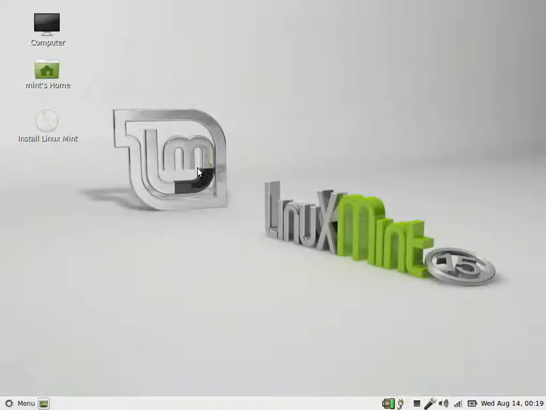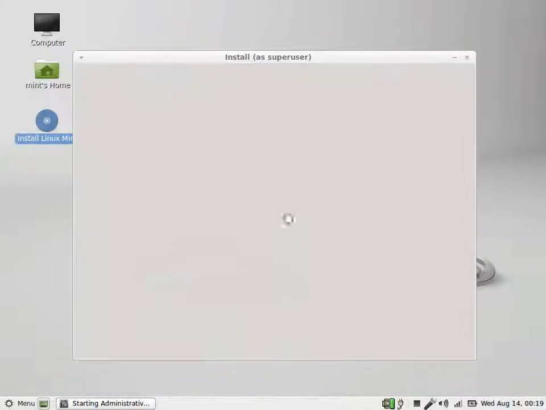Hello, let's see if we can record a screencast of a Linux Mint 15 codenamed Olivia installation. So after booting from the thumb drive with the Linux Mint Live image, I simply double click install Linux Mint. I'm going to have to wait for a few seconds because the screencast does take up a few of the